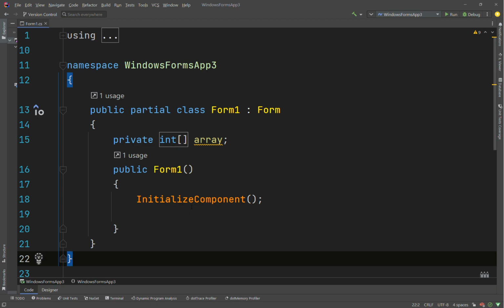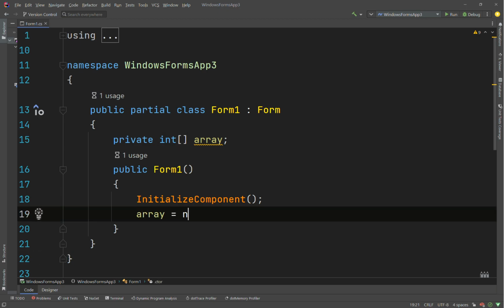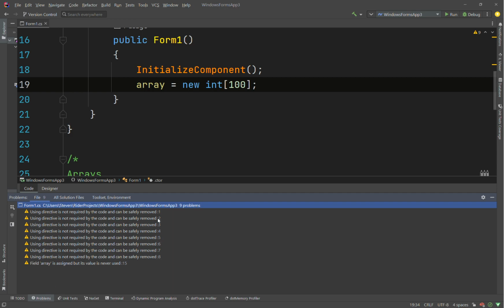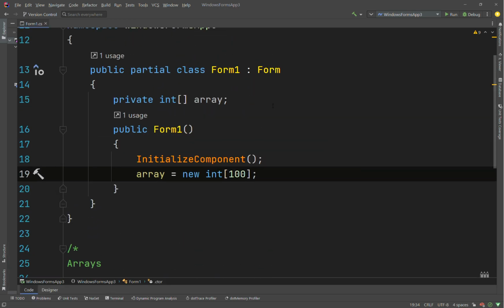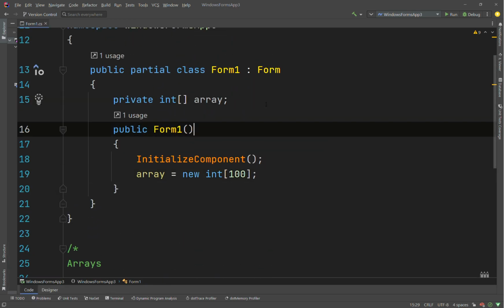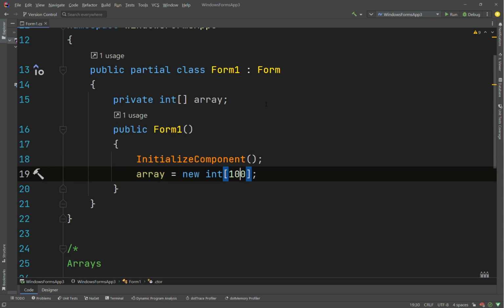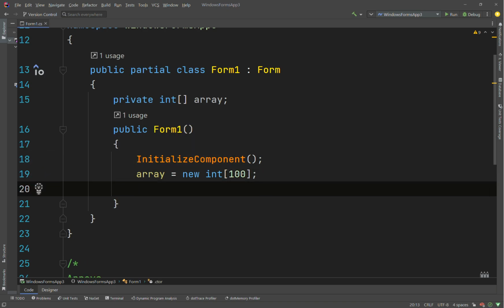Private int array, then here you could say array points to new int array of 100 elements. That should work. Okay, so there's that way. Or I think you could go... Actually, I'm not sure if you can do this way because we're using a constructor, but if we're doing it